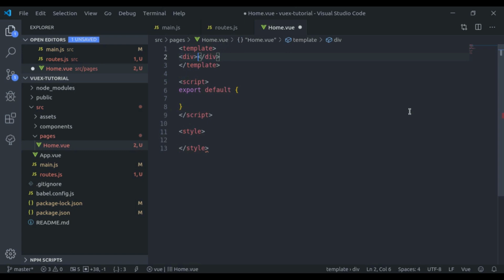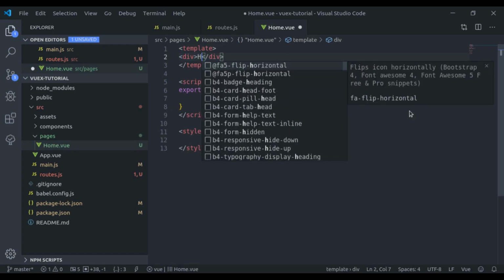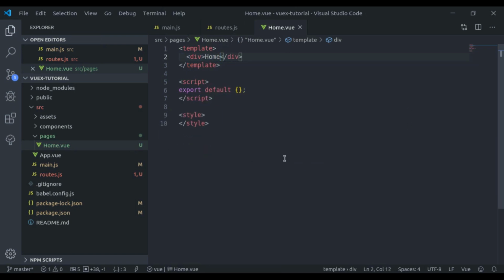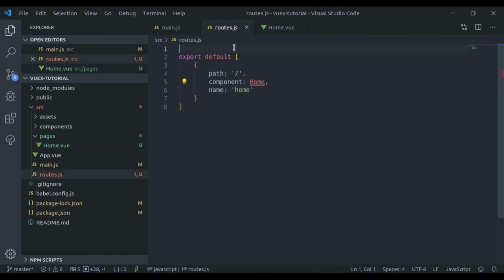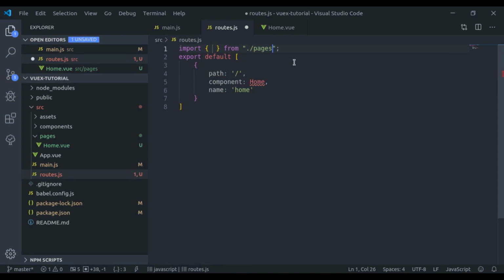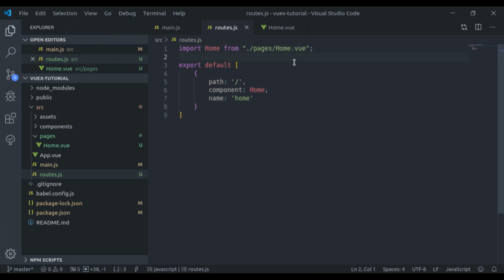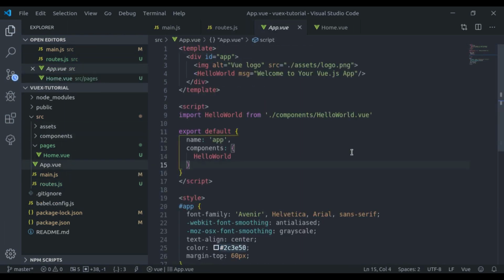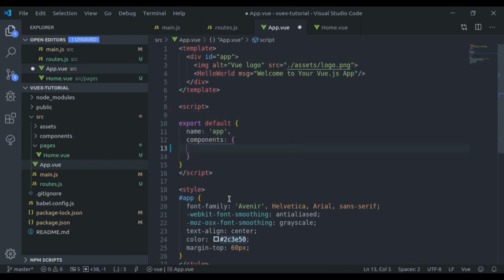Div, home, and in the route.js here I'll import pages home. Now in the app.view, that is the entry point for the application, here we do not need this load component,